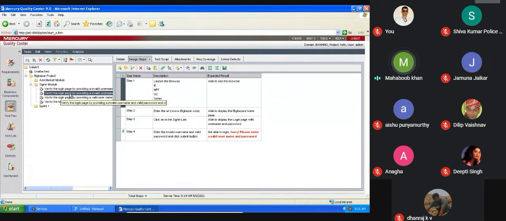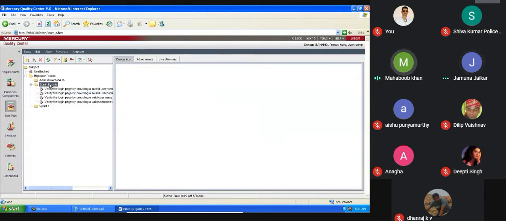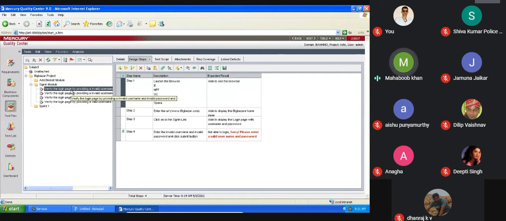You mean to say this test scenario, right? Sir, if we are importing, what will we add this to? If you have imported on the second module, all the test cases that are in the high level scenario will get added here. And whatever sign in you have given inside the test case, it will follow here.